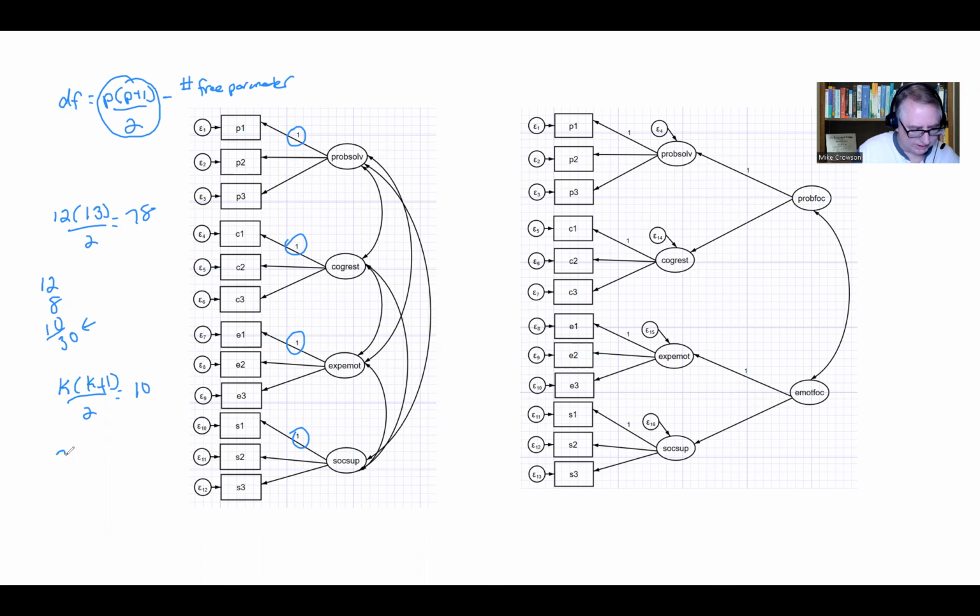So if I take the 78 for our degrees of freedom, the 78 unique elements or distinct elements within the covariance matrix, and subtract the 30 free parameters, that's going to give us 48 degrees of freedom for this particular model. Now, in terms of the model on the right, the second order factor model,